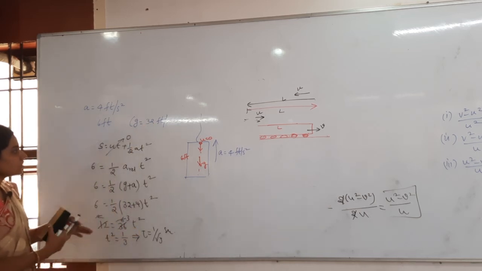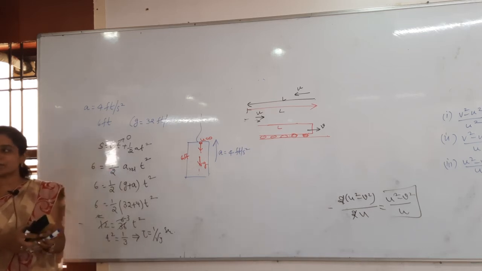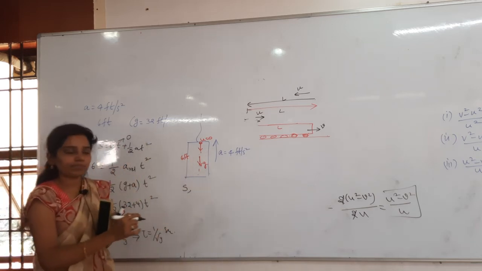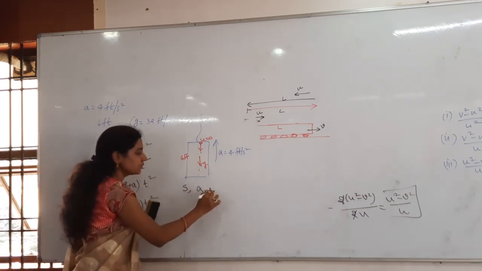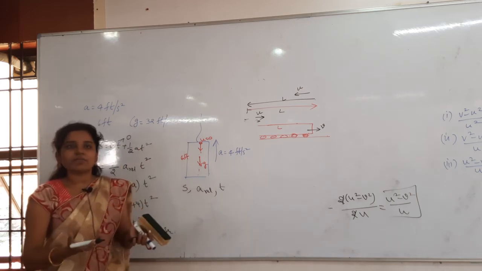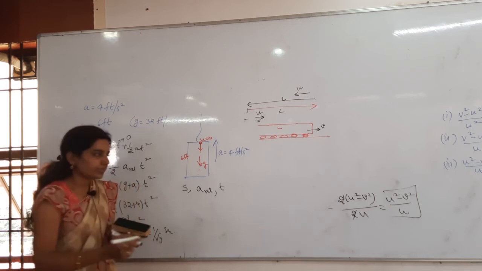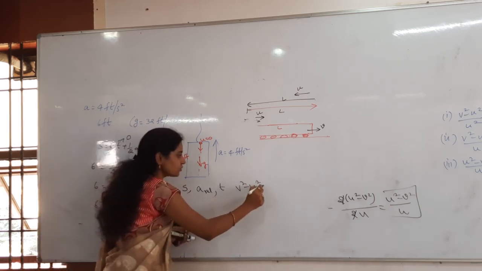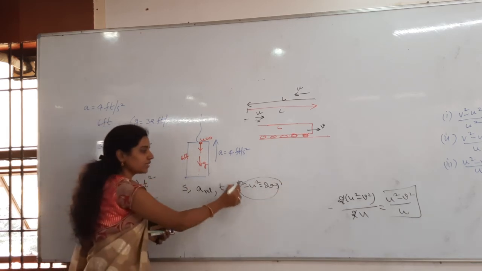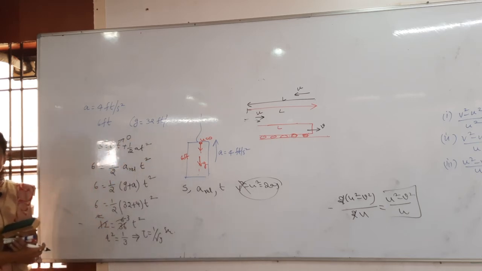So take S is equal to ut plus half at square. Why? Because they are asking what? Time taken only, no? They have given the displacement, the height of the lift, and the accelerations, and are asking the time. What formula can we use? Only one formula is possible, that is S is equal to ut plus half at square. Otherwise, if you see v square minus u square is equal to 2as, is there any time in this? There is no time, so you cannot consider this formula.